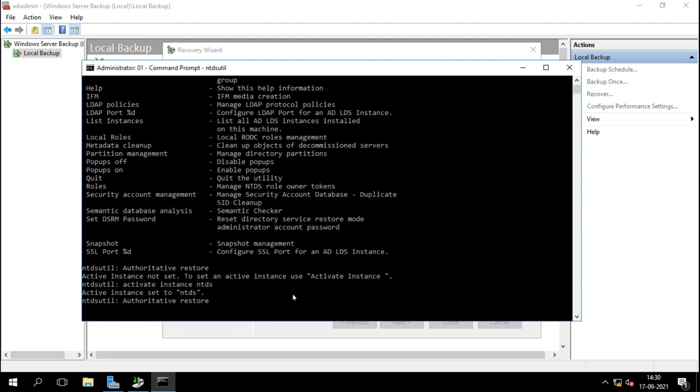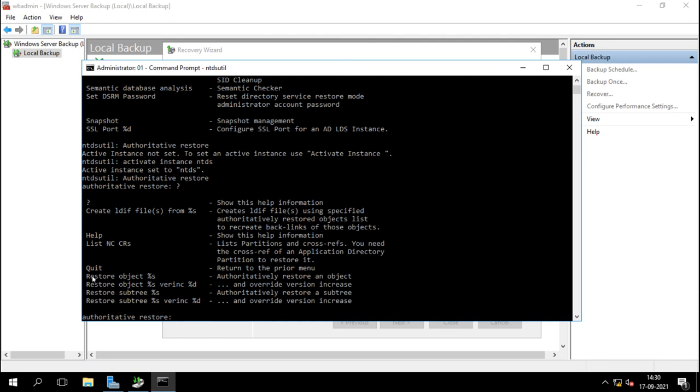Now under the authoritative restore, we have to select the object which we want to restore. We can select a single object to be restored, or we can restore the whole subtree. Subtree means the OU container. So we can restore the whole subtree, the OU, or we can restore the single object. We have deleted user 4. I want to recover user 4.